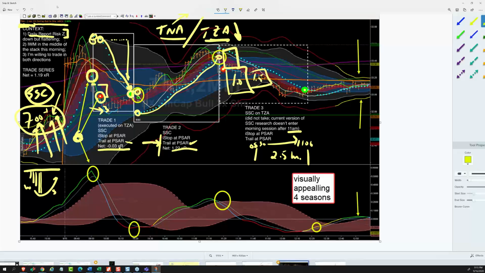So the next thing that I do when I'm checking their work on that is I then take a look at, based on where their decisions were, where were we in the 4 seasons? So this is about where that entry hit on the 4 seasons of MACD, whereas here's the turning point. Here's the turning point into the spring. There's the actual peak of the summer. And so the PSAR flip happens right about here. This is an intermediate point, and then that's where their execution was, already into the skin of the Red River.